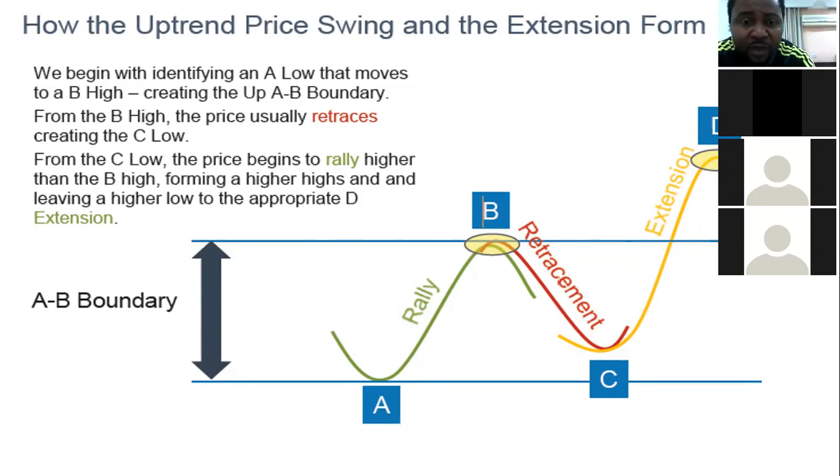concerned. Remember, the A and B range keeps the price. We can only change our rules when A is broken. When A is not broken, we are expecting a high higher than B, which is the D, extension. So we have rally, retracement, and extension. So the first thing is to identify the trend, then start finding the A to B boundary. And when you can find the current AB boundary, all you do is place your Fib tool looking for the C. And when you get the C, you are done.